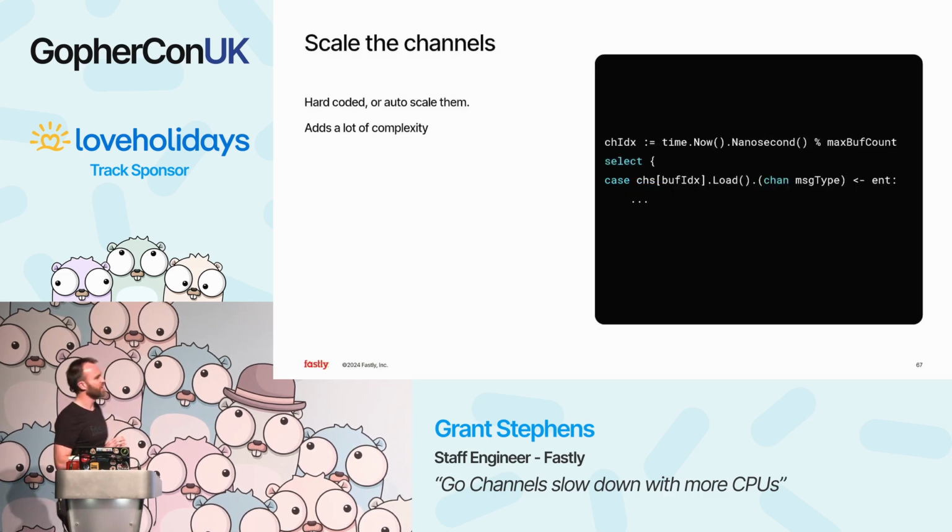Next one. This is what I'd call maybe a longer implementation or a heavy-handed approach, which is to say, well, what if we just said we have multiple channels to send on? There's a bit of semantics in how you choose which channel to send on, and in this case, we're just doing a time thing divided by the number of buffers that we have. Then we have to load that buffer, and then eventually send the message on that buffer. So you're essentially splitting the problem over multiple channels.